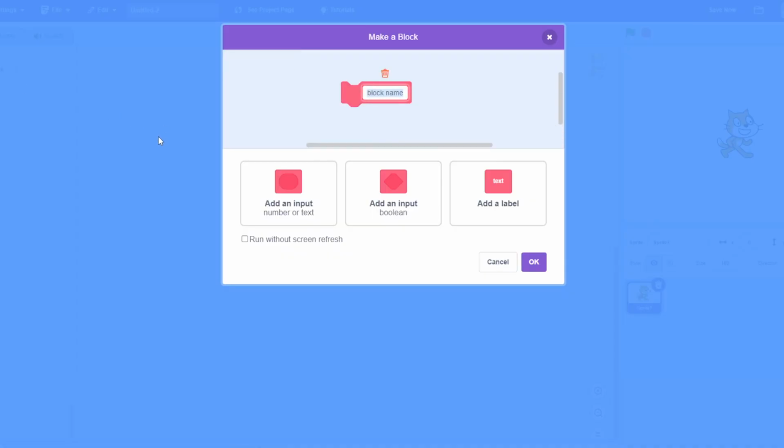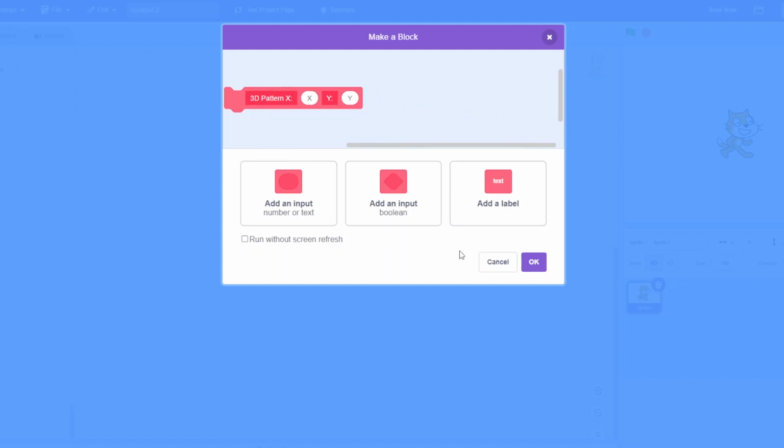Let's actually make a new block, and let's call it 3D pattern. X with a colon, an input called X, a label called Y with a colon, and an input called Y. So this basically is the positioning. And now we can set up the setup, and then we can do the